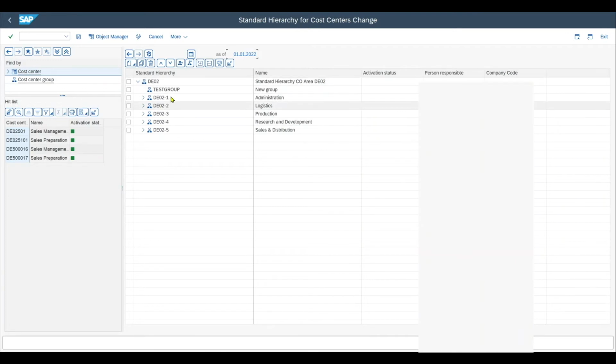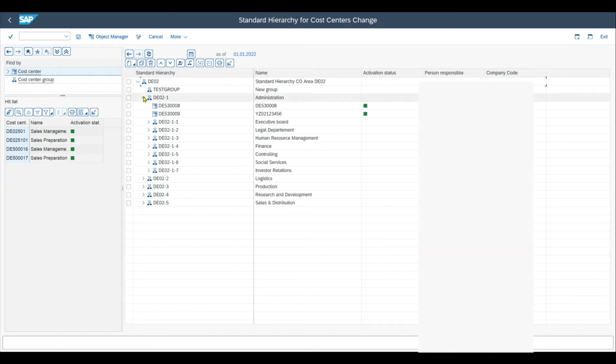Right now, all the cost centers are already assigned, but let me just open one of those groups over here. We can see the cost centers that we created last time. So let's imagine that this cost center should be assigned to a new group. All I need to do is then drag and drop this cost center here to the other group,